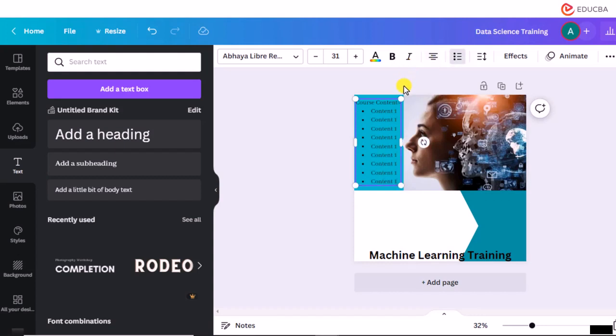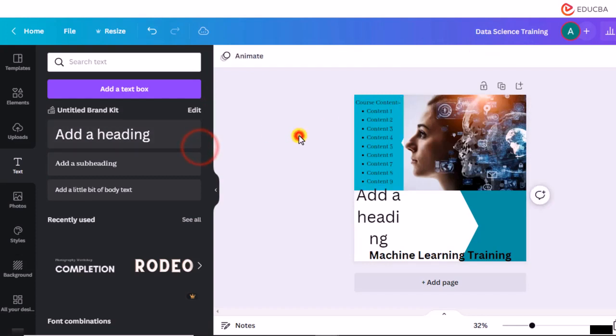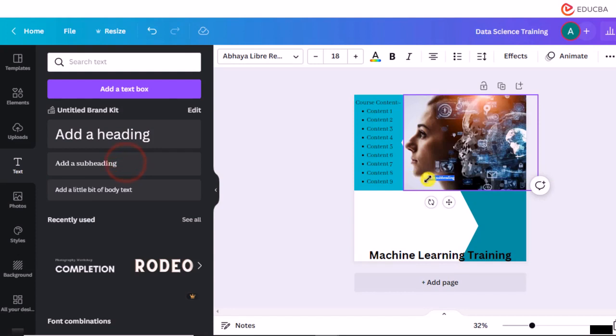Okay, so let me select all and yes. Fine. So add it like this, and let's say I add here another subheading,